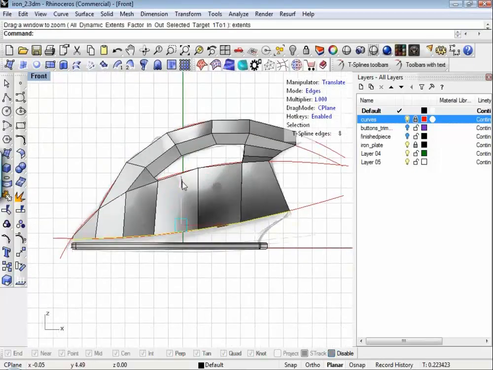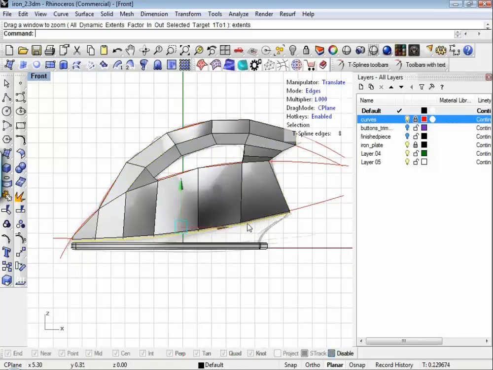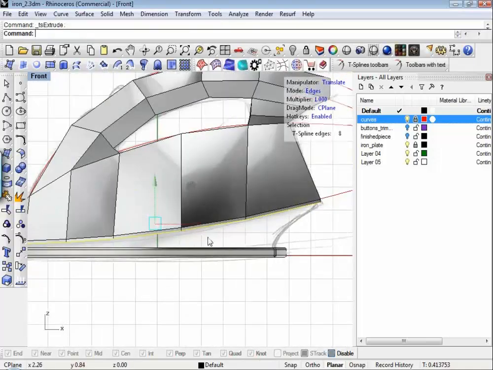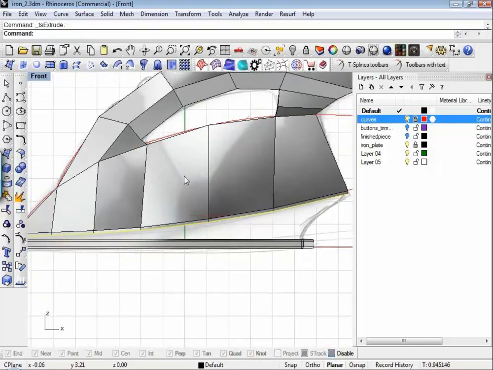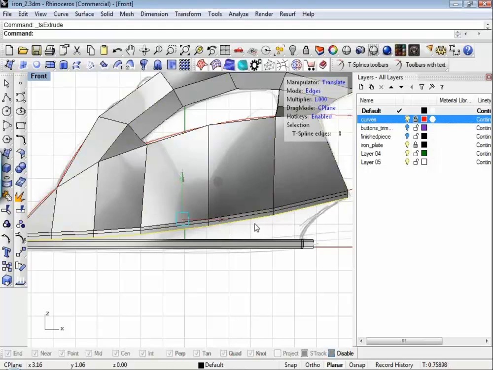Again, exact same thing we did before. I'm going to Alt-drag. This time I'm going to drag just a little bit because I want a tight transition here, and so I'm going to add some geometry, add some extra boxes in there to do that. I'm going to drag out again. This I'm going to adjust